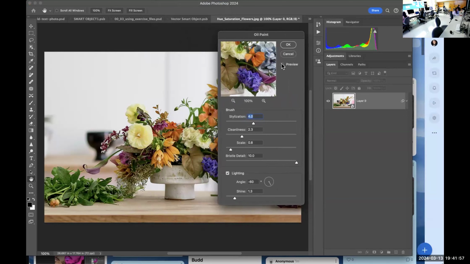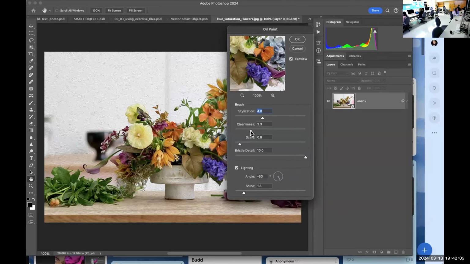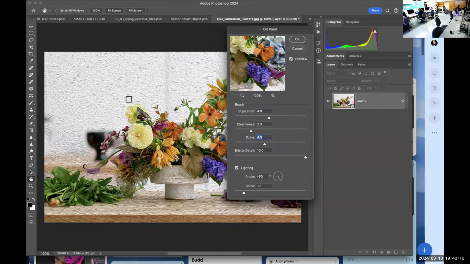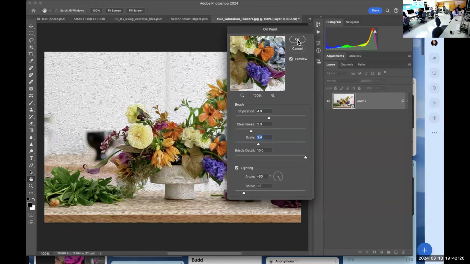If you want to preview it on your image, watch. There's this little thing that you need to turn on because these are the old ones. This is how it used to be. They haven't changed. Turn the preview on. Then you begin to see how these flowers would look. And then you can make it bigger or smaller, more intense, less intense, et cetera. You change these things until you finally get what you want. And then when you say okay,